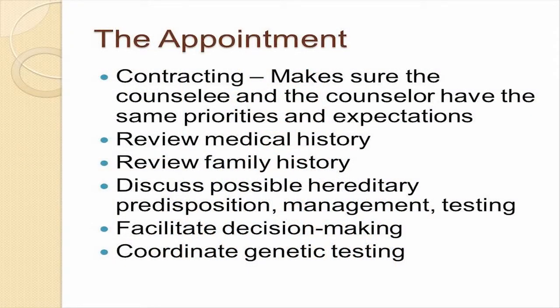So at the time of the appointment itself, a lot of the times it's going to start with a step that we basically just call contracting, and that's something where we touch base with the person before we even get into all the details of their medical history and family history, and just try